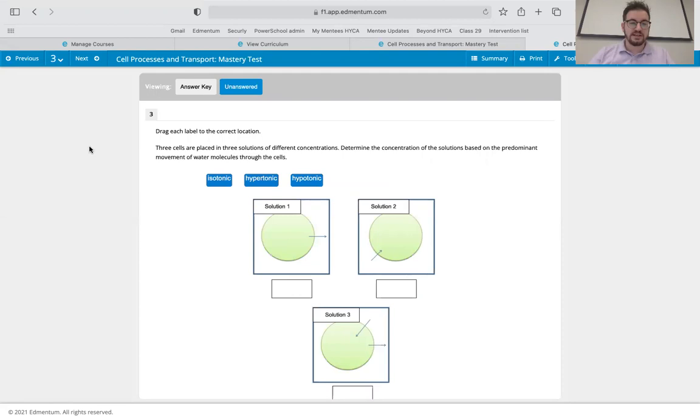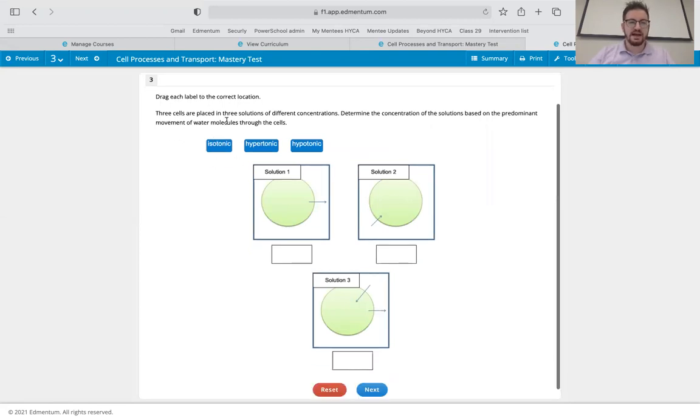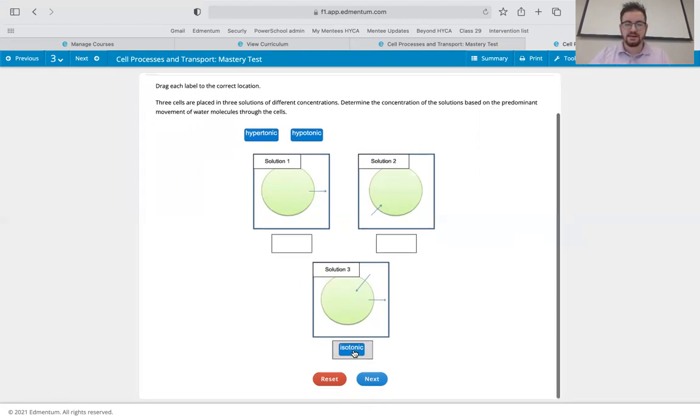Okay, so you're trying to drag each label to the correct location. This is just a definition question. So isotonic, okay? That means an equal amount of stuff is coming in and going out. So the photo that shows that is the one with an arrow leading in and leading out. All right,